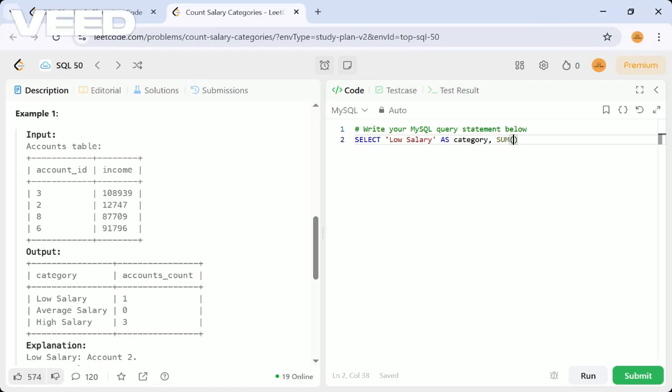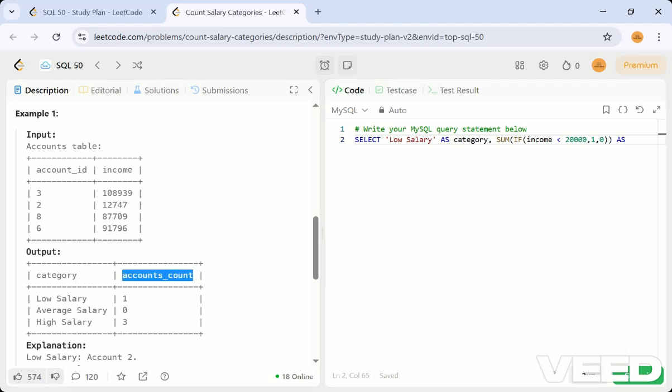What you have to check here is that income is less than 20,000. Consider all in dollars only, so there is no need for any restriction like that. If the condition is satisfied, consider one, otherwise zero. Now this should be given as accounts count.